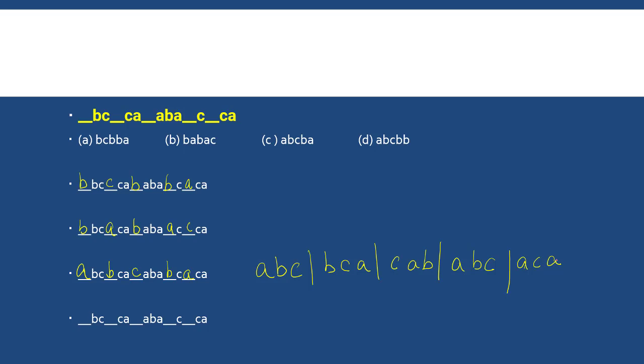Exploring the fourth option. Let's see if this makes any sense to us. So ABC, when I'm dividing into groups of 3 alphabets. Now this seems to follow a trend: ABC, then BCA, then CAB, then again ABC and BCA. So my answer here should be option number D. I'll go with option D here.